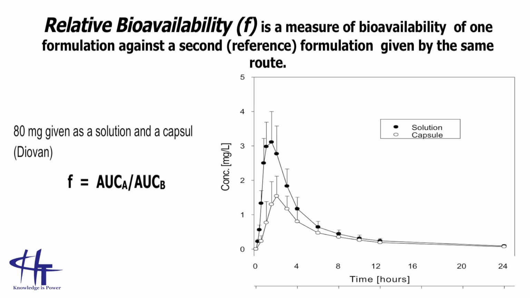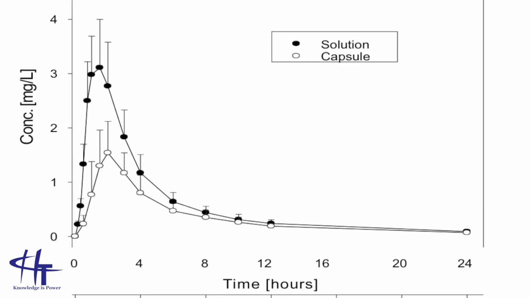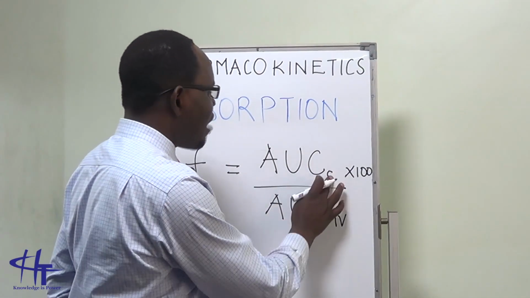So in this particular context, they are comparing a syrup or a solution and a capsule. And as you can see, the relative bioavailability in this particular context will be the area under curve of